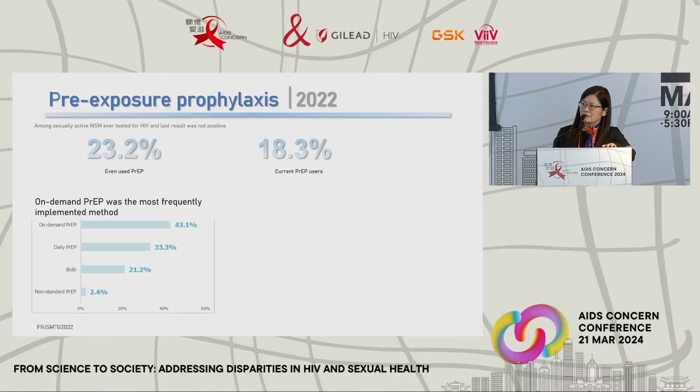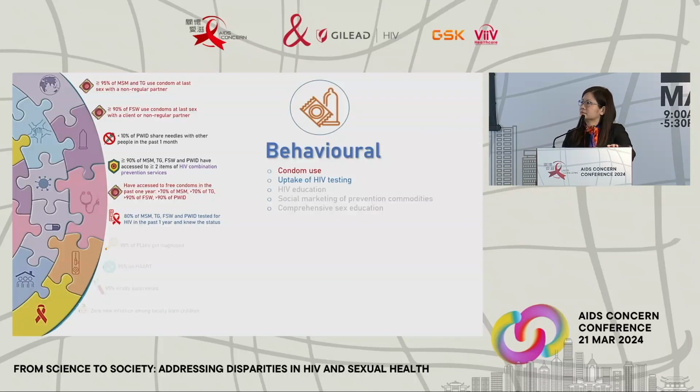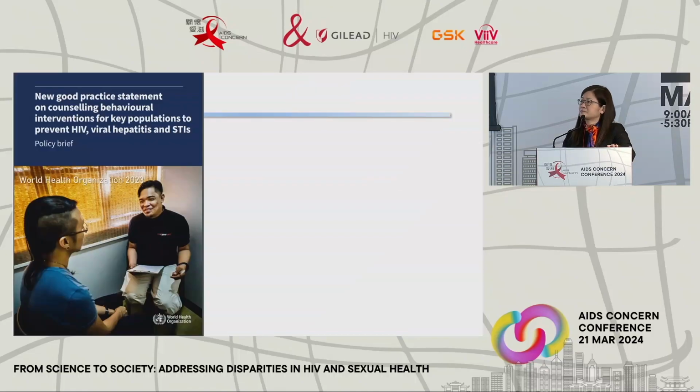For the pattern of usage, around 40% of them use on-demand PrEP, which is the most common method of using PrEP. And for the source of PrEP, online is the most common. So let's go to the behavioral. Some of the indicators highlighted in red are concentrated on condom use. Another indicator is the uptake of testing, highlighted in blue. But before looking into progress,